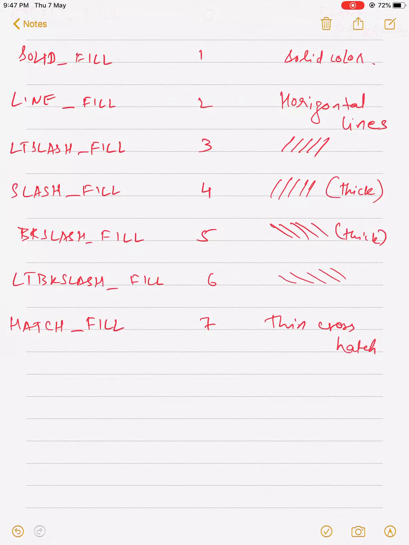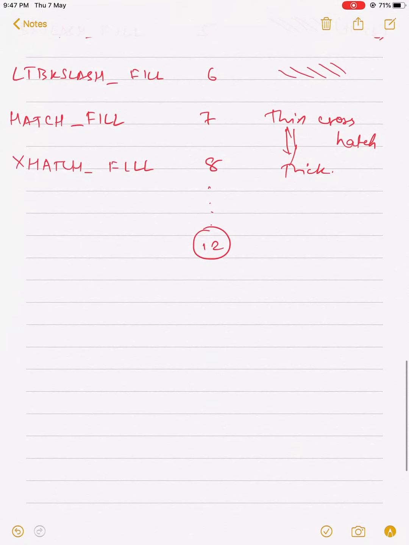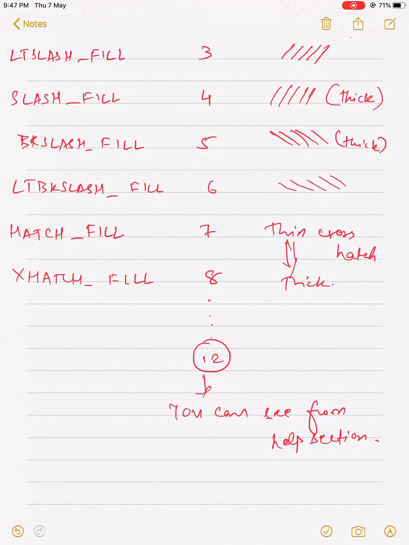Similarly, if you want a thick one, then XHATCH_FILL, 8, you will have a thick one. There are up to number 12, you can see them in the help section. There are a total of 12, but these 8 are mostly used.